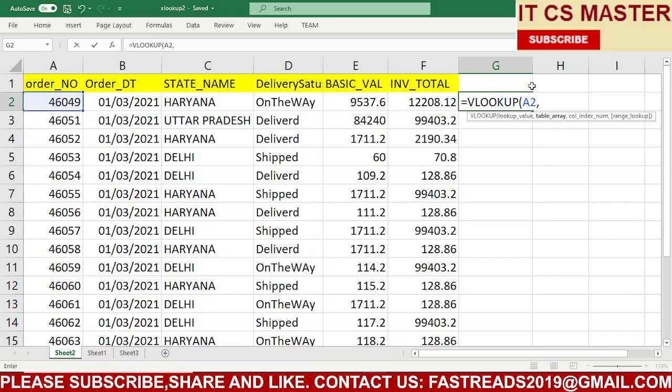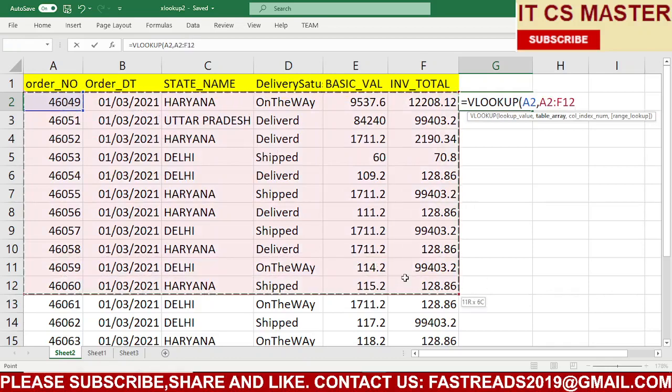Next is table array: from which table, from which data do you want to return data? Suppose I am taking data from here. Similarly, you can use a second sheet and another file. We will see those in the next videos.